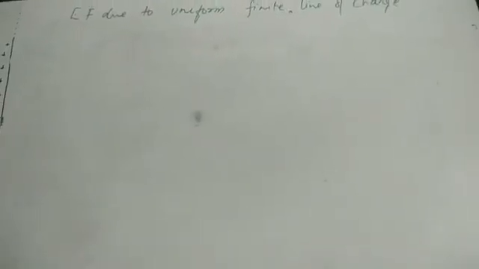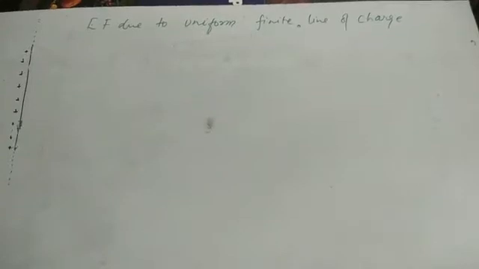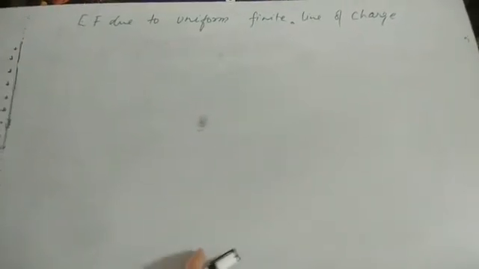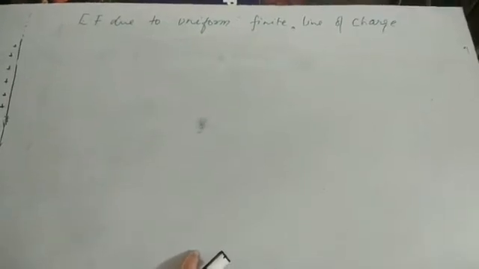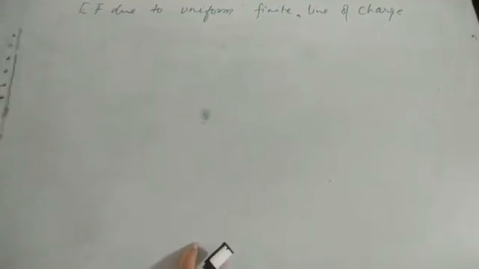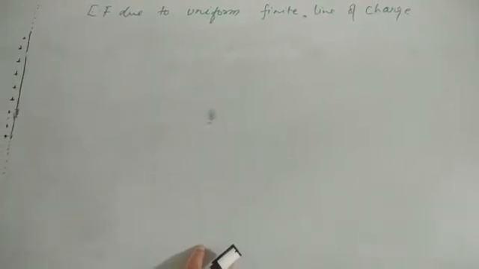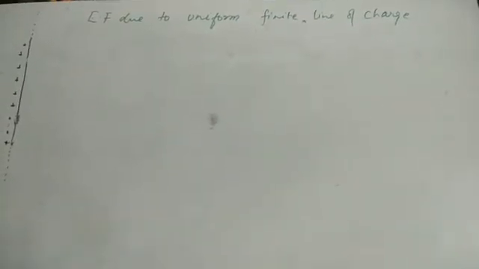Now, there was a query put up by Swarnim Bahuguna to find the electric field due to a uniform finite line of charge without using Gauss. See, if we are using Gauss, we can find the formula directly. That is a very short method. But in the question, if it is particularly asked, here is the solution, although we would have taken this topic in the coming lecture.